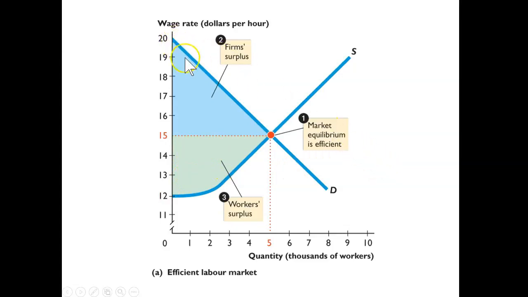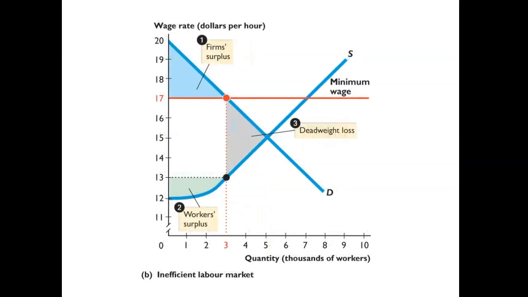If the market is in equilibrium, as it is here, we can see that the economic welfare area in total is the firm's surplus plus the worker's surplus. And there's no deadweight loss of economic welfare, so we can say overall economic welfare is being maximised. There is an efficient allocation of labour resources here. But